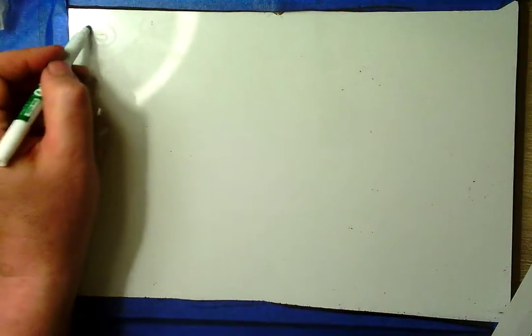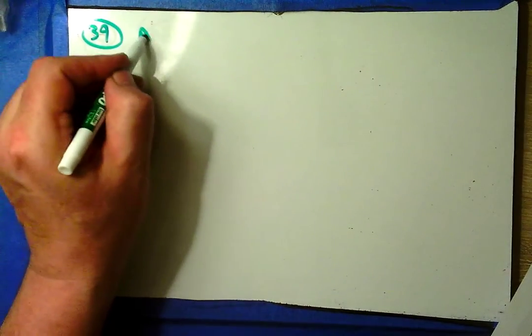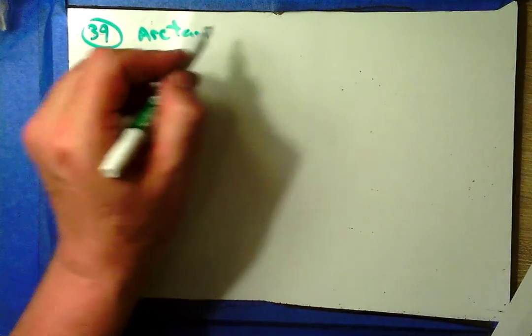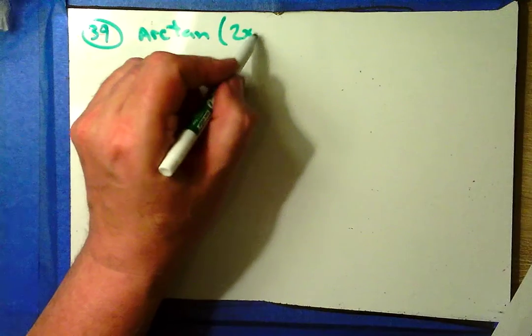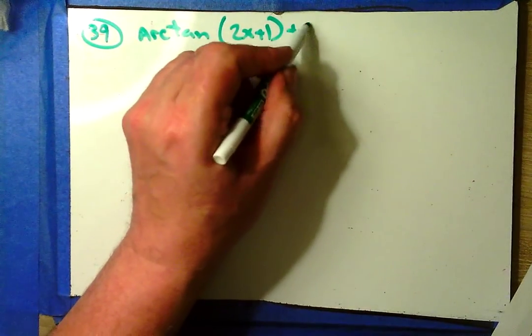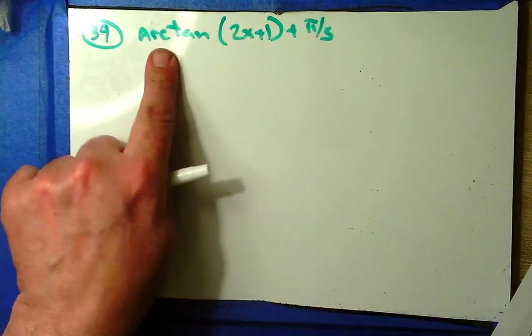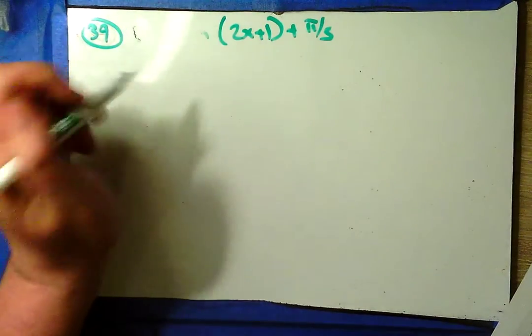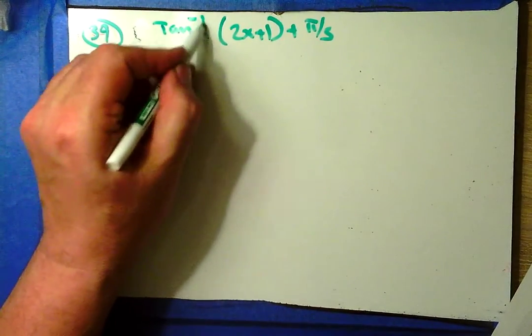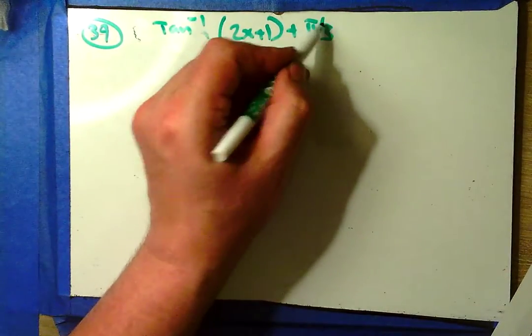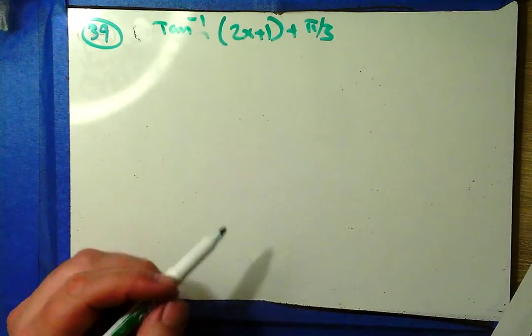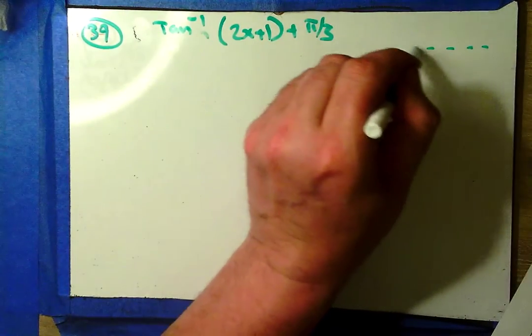Now we've got 6 inverse trig problems. Let's take a look at these. Number 39. We've got arctan of (2x plus 1) plus pi over 3. We know that arctan is a synonym for tangent inverse. When I think about the inverse tan reference graph